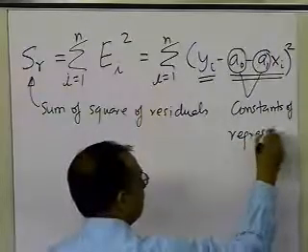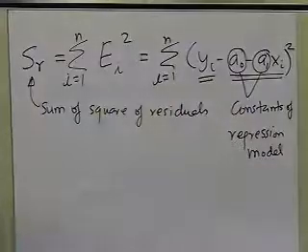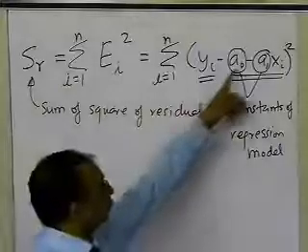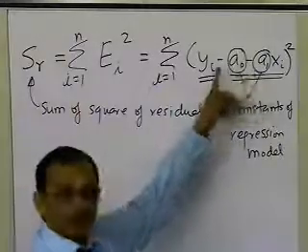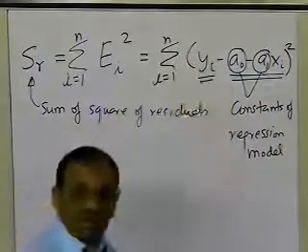Depending on what kind of regression model you're drawing, in this case we are doing a linear regression. So a0 and a1 are the two constants of the regression model. You want to be able to find those. Those are something which are in your control, and you want to control them in such a fashion that this whole summation becomes as small as possible.